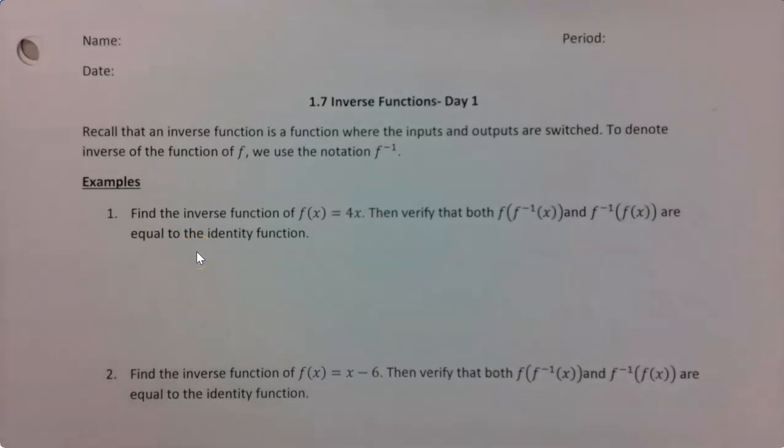Okay, so today we are talking about inverse functions. I kind of talked about this a little bit yesterday. When I plug a function into its inverse function, it gives me x. This one is wanting me to find an inverse function. So it gives me a function, and